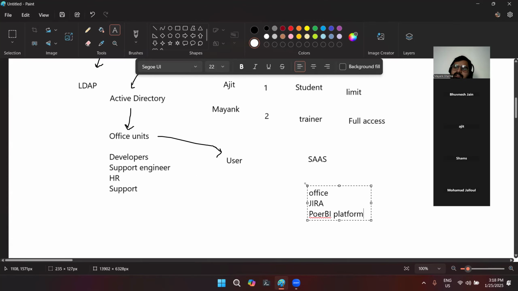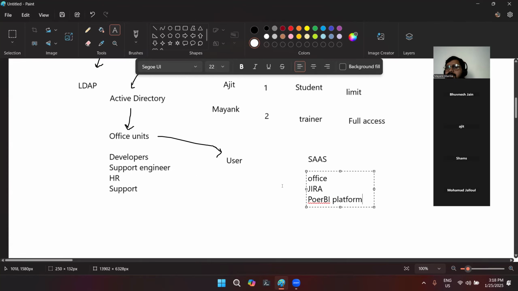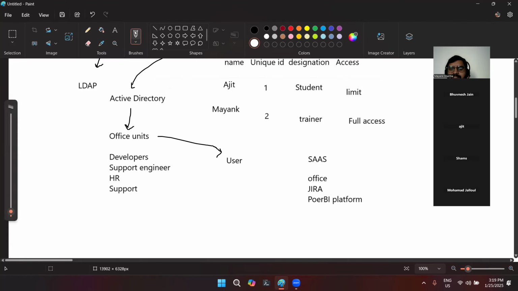For all of these services, they have to purchase licenses to use them. These licenses are expensive, and now we have to manage that also. This particular user has these licenses according to their designations. So Active Directory also plays an integral role.